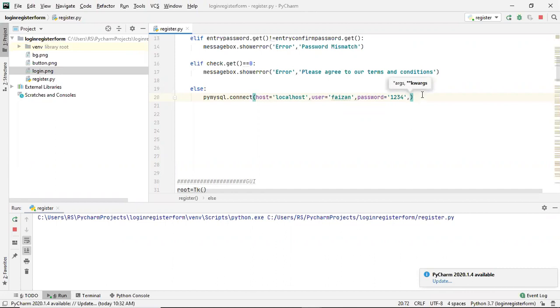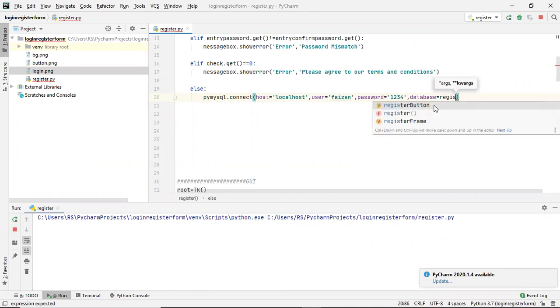Next, after this user and password, we have to name the database with which we want to connect. I told you there are so many databases that I have created. If I write employee2, I will be connected with employee2. But the database that I have just now created is this register. So I'll be connecting with the register database.